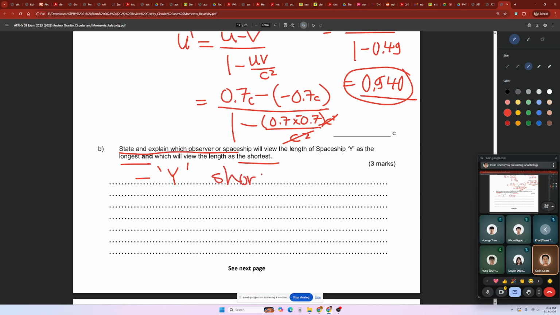shortest. Remember, we don't have to write full sentences for spaceship X, okay? You should say spaceship X, but I'm not writing it that much. And then, well,